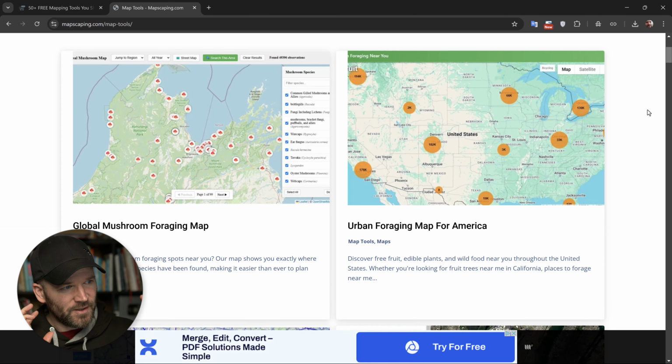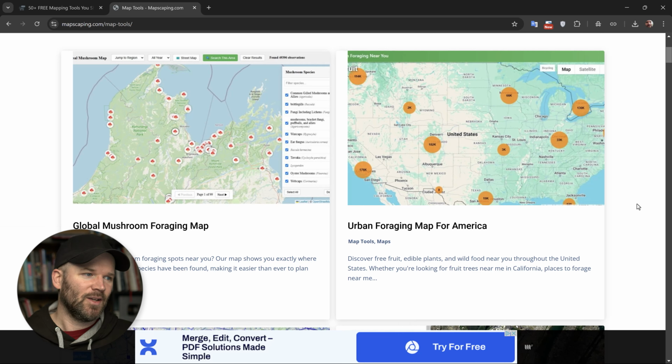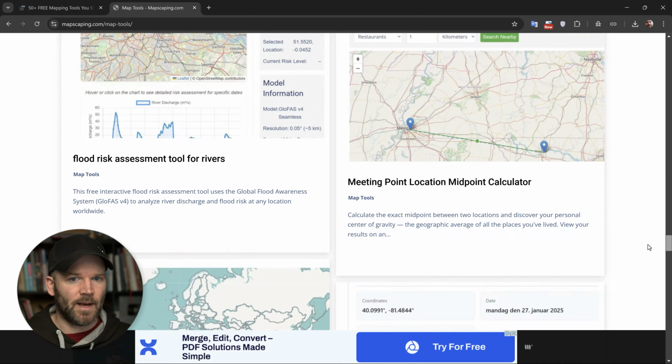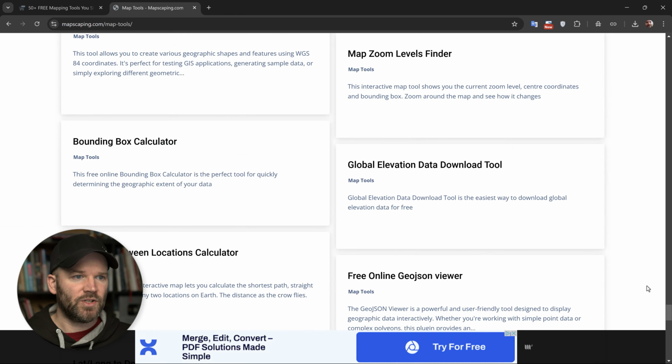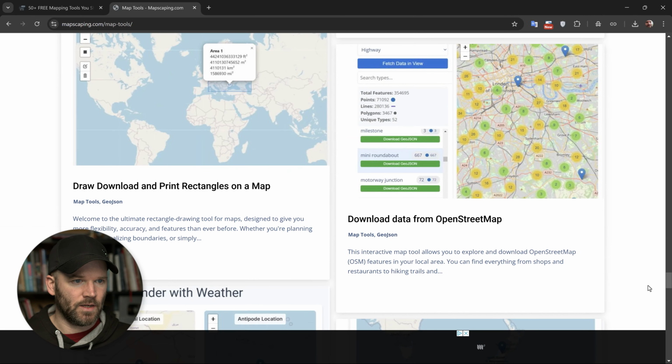And you're not going to find all of these tools useful, like for example, urban foraging map for America. I don't know, or global mushroom foraging map. Some of these obviously aren't going to be helpful for your scenario. However, there are a few really, really cool gems in here, and I want to show you a few of these today. And I'm going to jump down straight to my absolute favorite, which is this one right here,